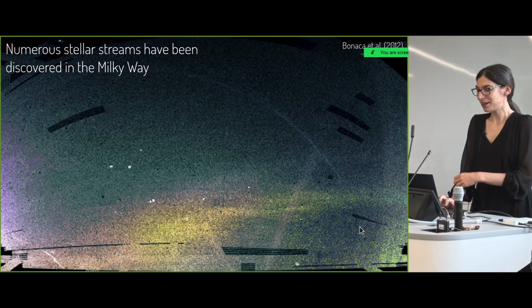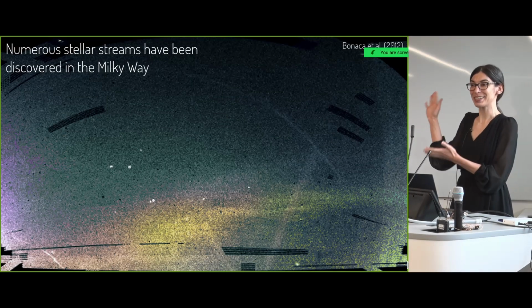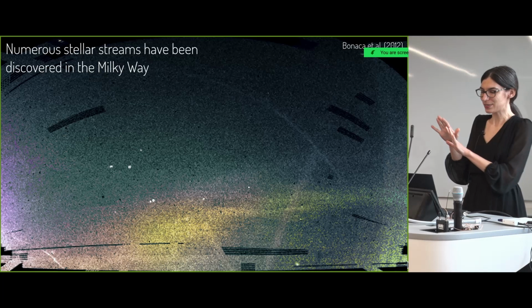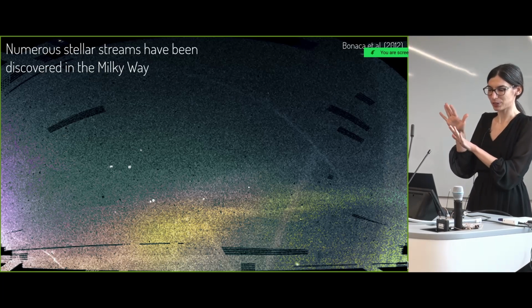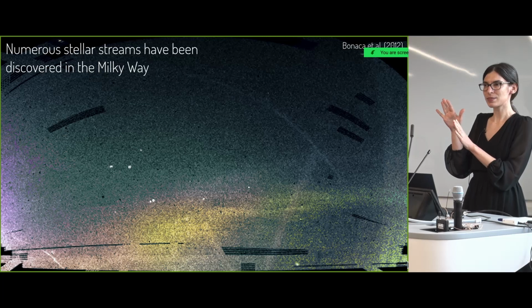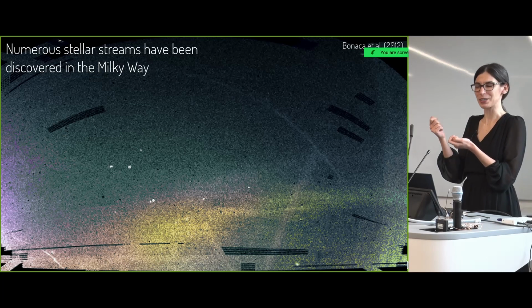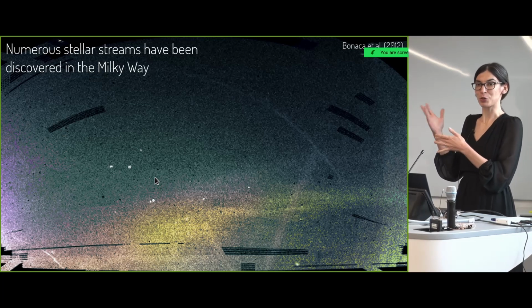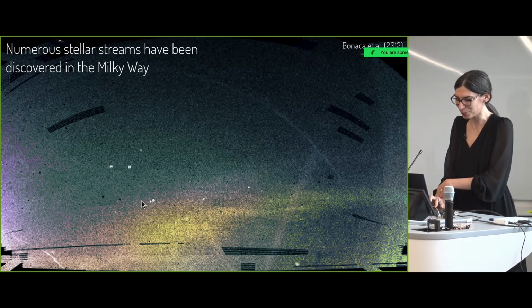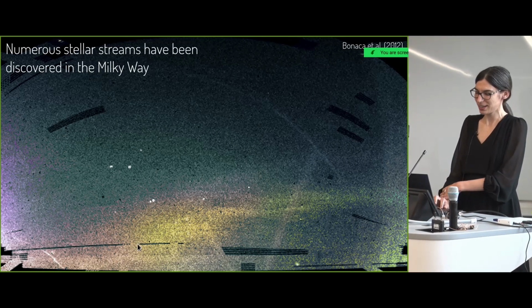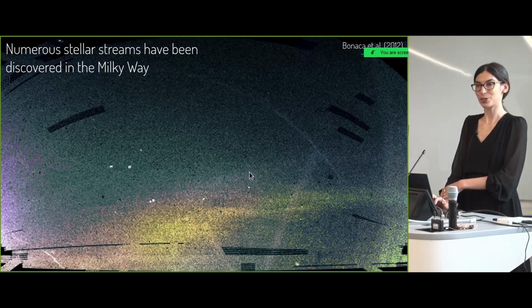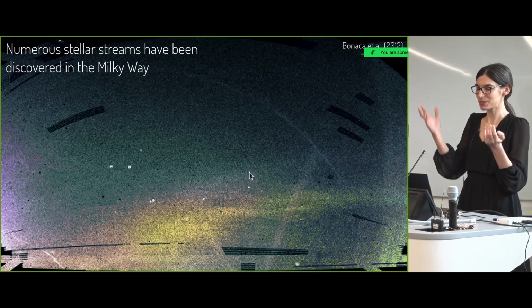And so for a while, we were at first just excited to find streams. So this is a view of the SDSS North Galactic Cap, a density map that maps different color channels to different distance bins, selecting old metal poor stars that are more likely to be globular cluster stars. And you can see that it reveals a lot of substructure in the halo. Like these broad spots are the globular clusters and still bound dwarf galaxies. And then this most massive diffuse feature here is the Sagittarius dwarf galaxy, or the tidal tails from the Sagittarius.